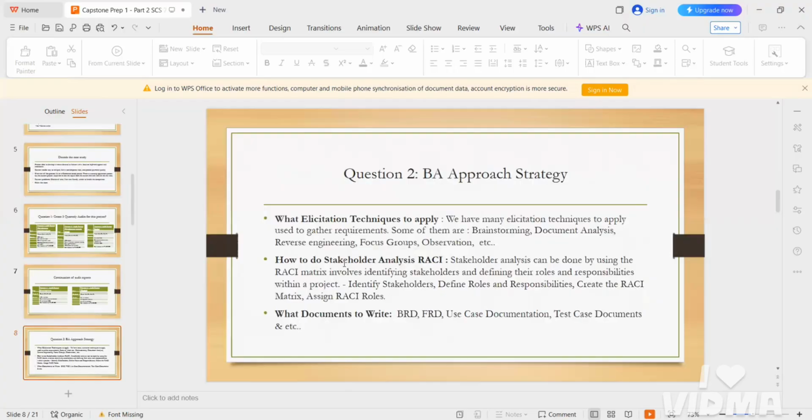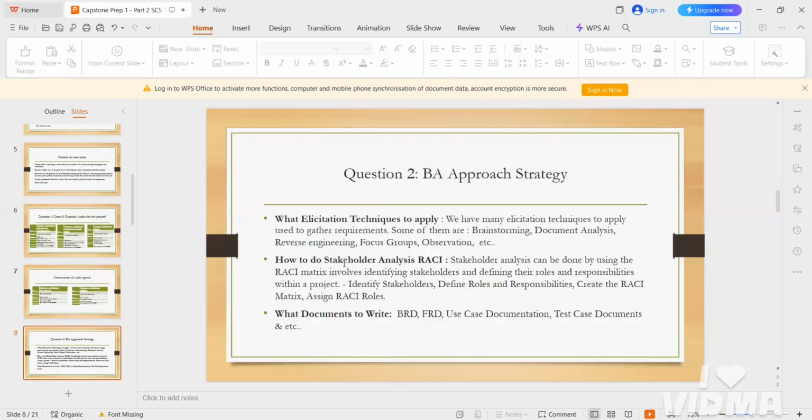And here you can see the BA approach strategies, that is, what strategies the BA wants to use for completing the project. You need to mention them in this question.